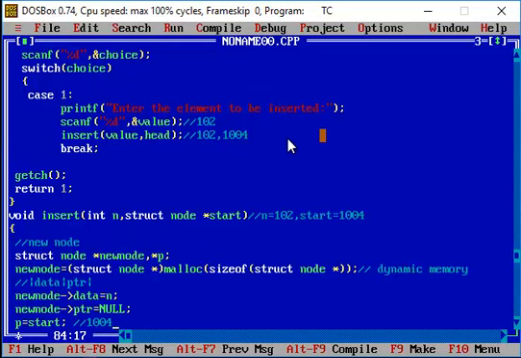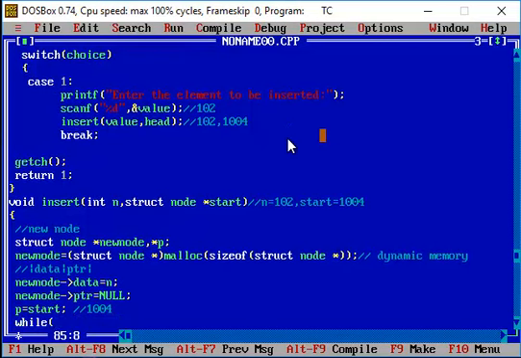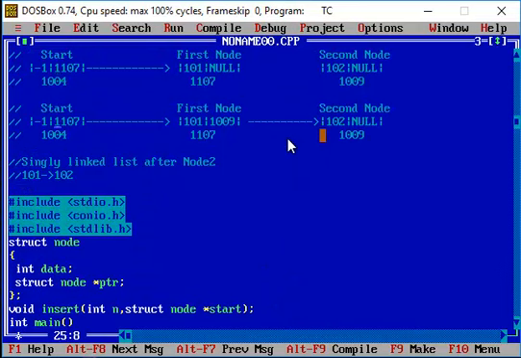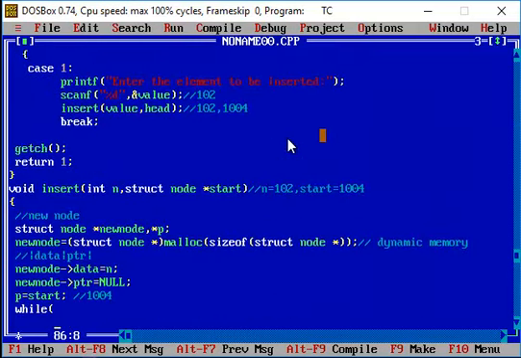In the field of 1004, I'm just going to see what is the value that is present in the address field. In order to identify the value that is present in the address field, I'm going to make use of the arrow operator, and then point to the field name that is pointer. This means that in the address value 1004, p has got the value 1004.